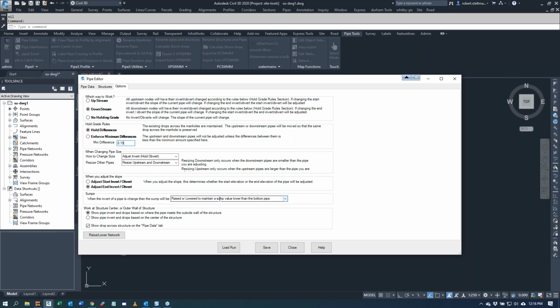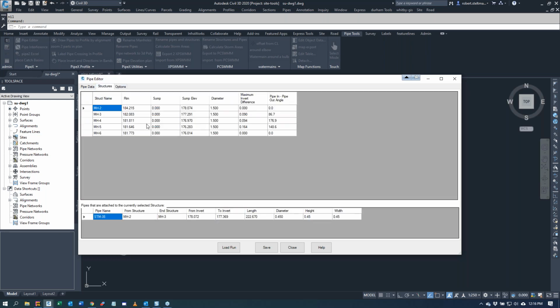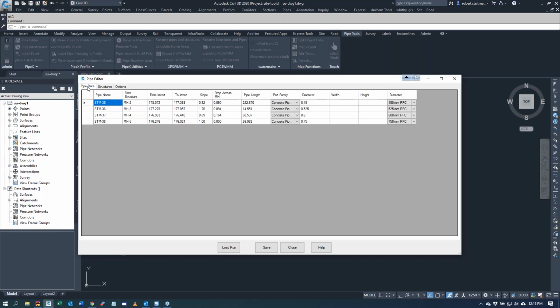And we're going to make sure that the sump stays lower. We can raise and lower that. And we can show the inverts at the wall of the structure or to the center of the structure. Here are our different structures. It gives us the angle in and out so that we know what drop we want across the manhole. And then for our pipes,